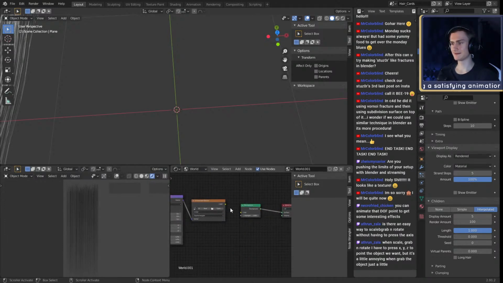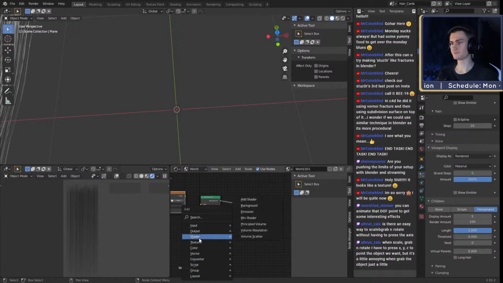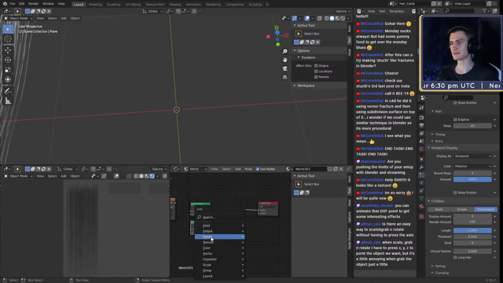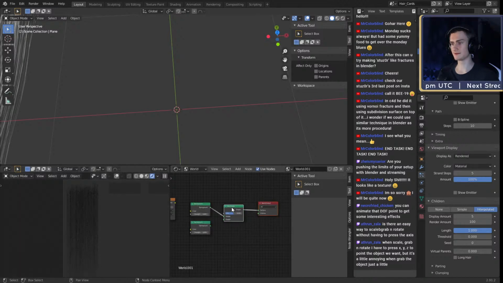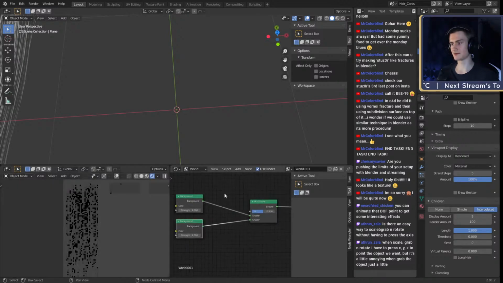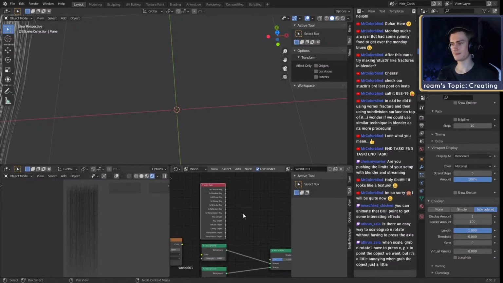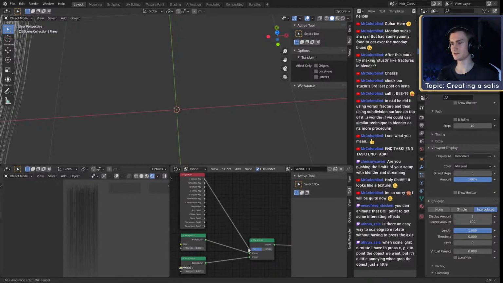Go to world, set this. We don't even need an HDRI. What we need though is, go in here, duplicate this background, add a mix shader, then background into background, using a light path, setting the camera ray into the factor.